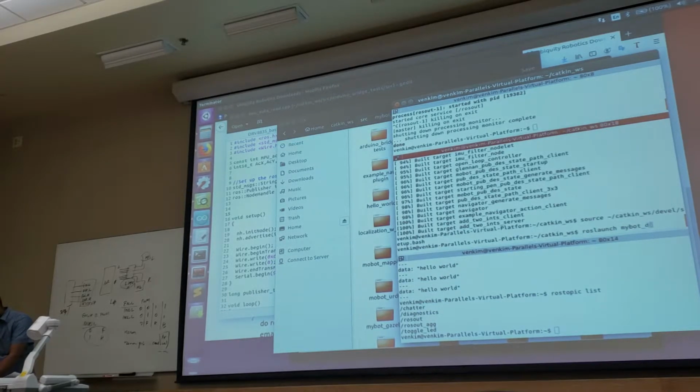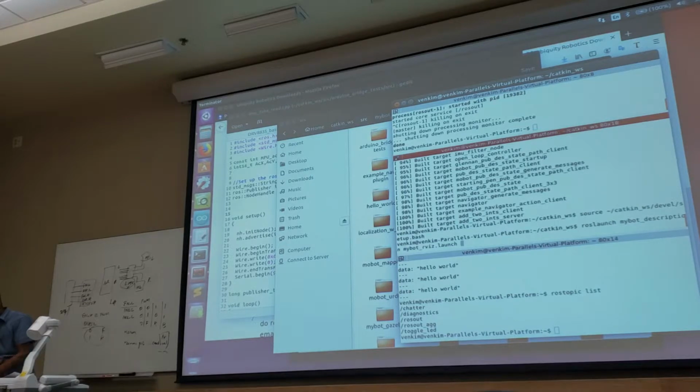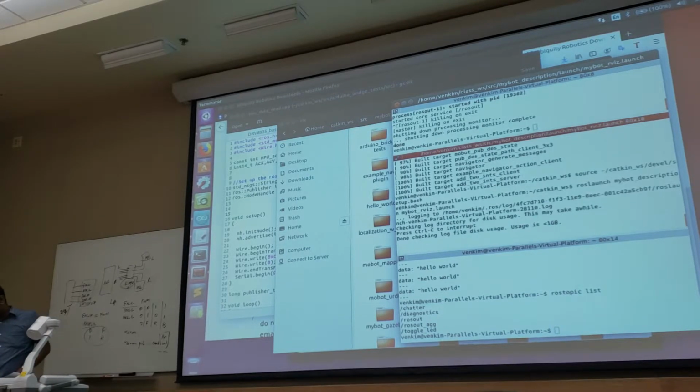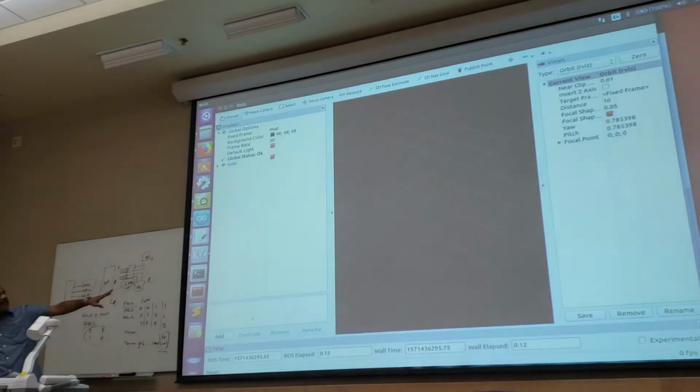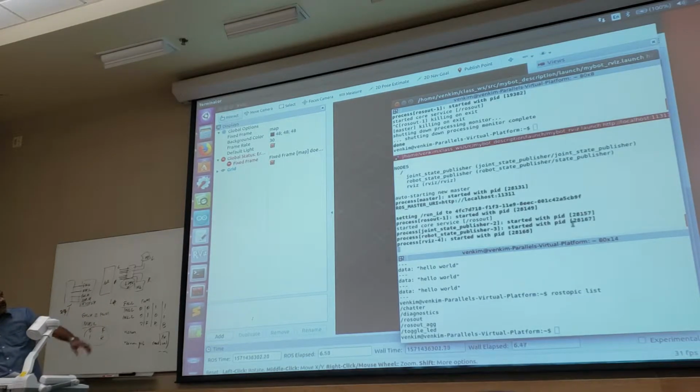What was it? Description? Yeah. And then I have only one launch file. You understand? So one hit and it's going to pop up everything. So here you can see, that's my RViz, obviously. Let it go. Okay, so there you can see it's already started publisher 1, publisher 2, publisher 3, publishing